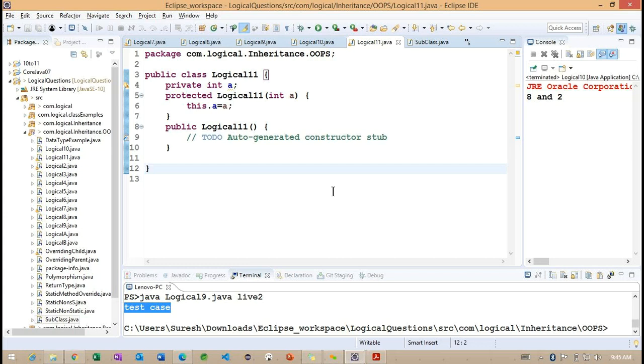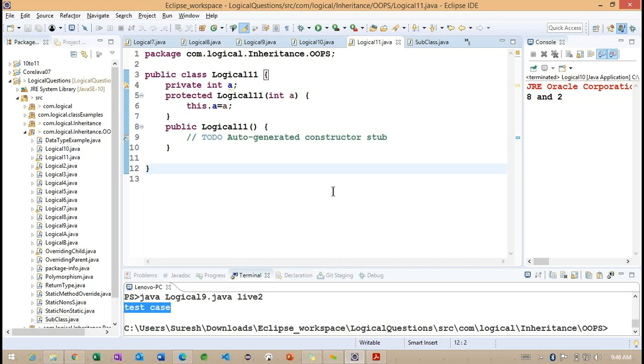Now the things you need to practice very well are the logical questions, because basically we get logical questions up to OOPS. Those questions are a little bit different, but once we are familiar with the OOPS-related logical questions, we can easily understand how those questions are going to work. Getting the point?